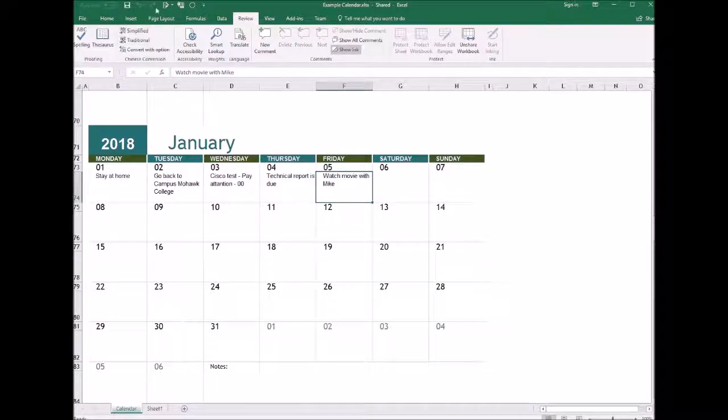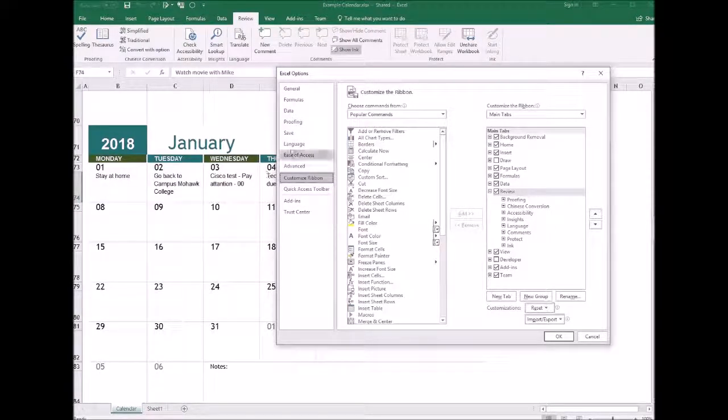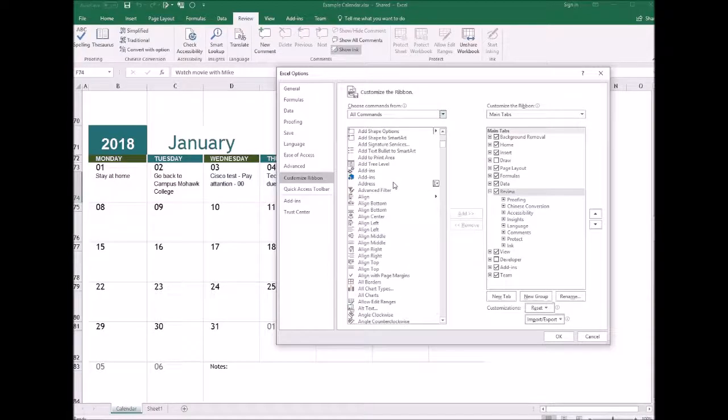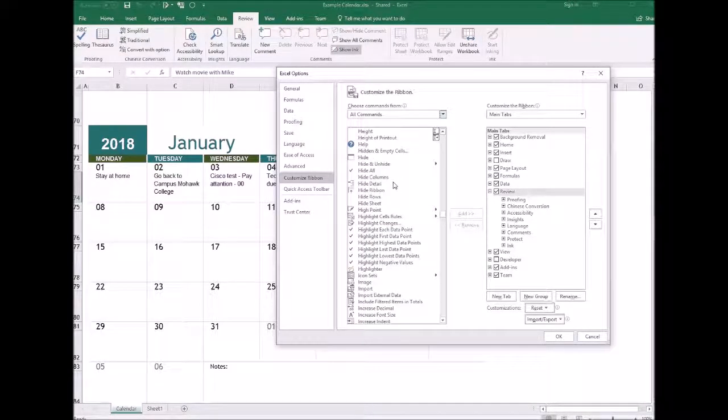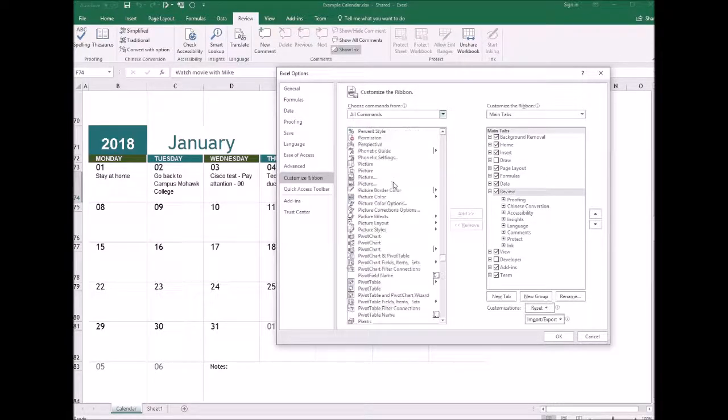So on the menu, we can't find the ribbon of track changes. In the older version of Excel, it was in the Review tab. So we still need to add the ribbon on the Review tab. On the blank area of the toolbar, right click, customize the ribbon, and choose commands from all commands. Scroll down, find Share Workbook here,